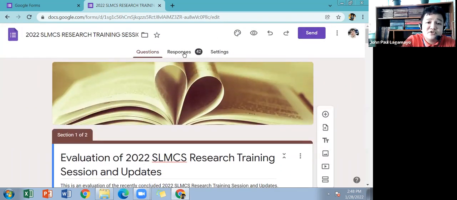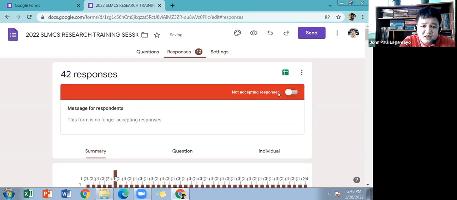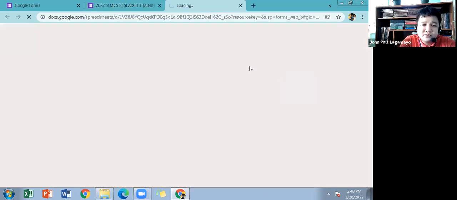We have to click responses, and I will not be accepting responses here. So that would mean that this Google form is already closed. So I have to click not accepting responses, and that would turn from green to red. After that, you have to click this particular green flag in order for you to generate